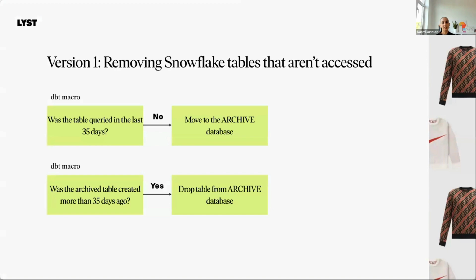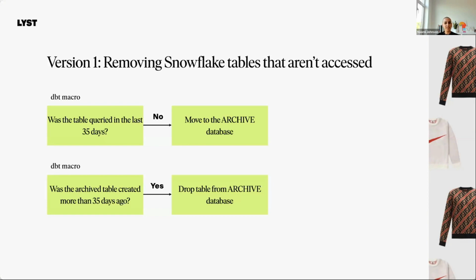So last year, to reduce bloat in Snowflake, our version 1 was to automatically remove any tables that haven't been queried by any user in Snowflake. So our solution was to use DBT macros, which are basically functions in DBT, that would be scheduled to run on a weekly basis. So using the Snowflake metadata and account usage, we built a macro that lists all of the tables and views in our database, checks the last query date against that table or view, and if that query date was more than 35 days ago, we move that table to a database that we called our archive